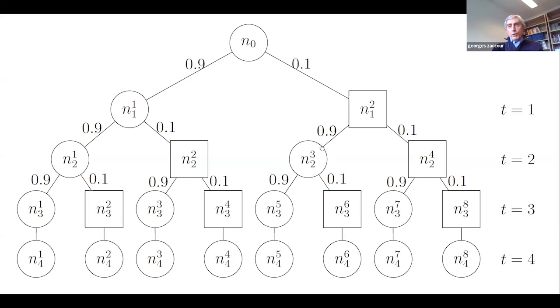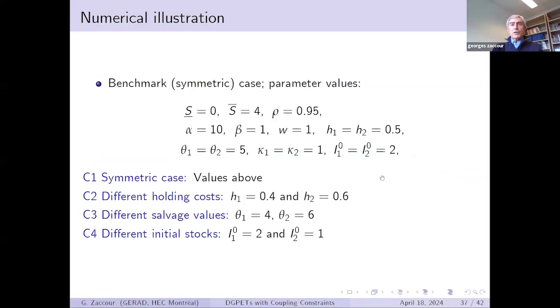So now once we have this, we can write the equilibrium conditions first for the case where we are jointly optimizing, and second for the case where we are decentralizing it to normalized Nash equilibrium. I have to go fast here for lack of time. Everything must be done numerically, so we give ourselves some parameter values. What you can find in the paper is a lot of details regarding the results.